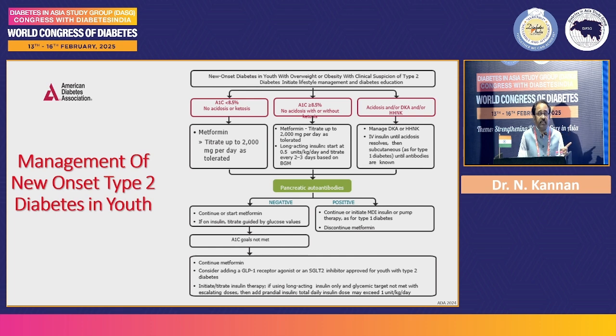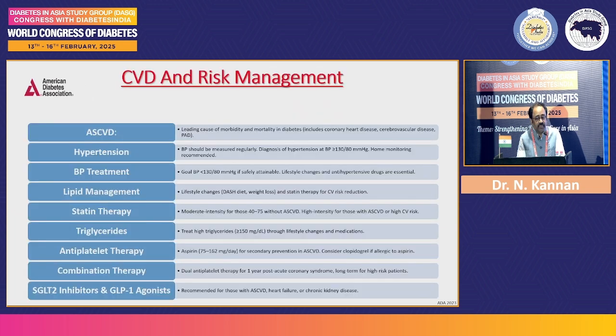Once again, very, very important, because nowadays we are getting a lot of new onset diabetes among the younger population. If you get a new onset diabetes, first we want to see whether the patient belongs to type 1 diabetes, type 2 diabetes, MODY, or something else. Accordingly, we plan and implement the treatment: diagnose early, assess, and act. This is very important to keep in mind, and we also want to educate other primary care consultants to implement this in their clinical practice to prevent complications.